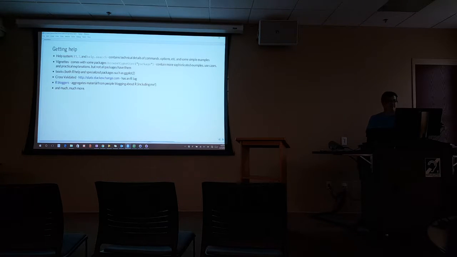All the commands have technical details. They have examples. They have options. And some of the packages come with documentation called a vignette, which shows you use cases. So you can actually copy and paste code from vignettes and really have a leg up on your analysis or whatever you're trying to do.